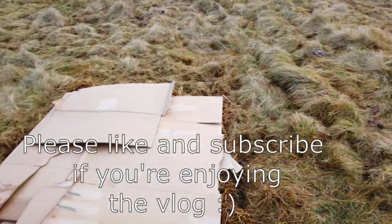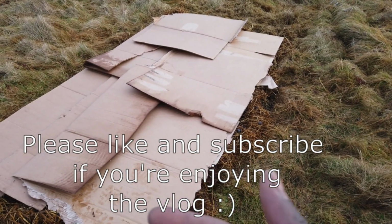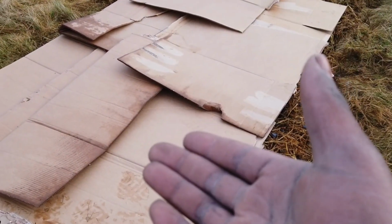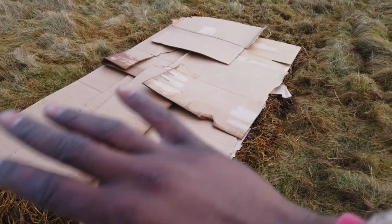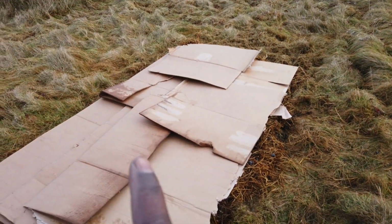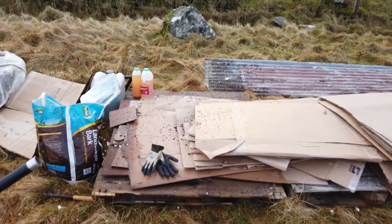So now you're thinking, what's next? What I do now is, obviously, if you've seen other sheet mulch videos before, they say water down your cardboard just to kind of lay it flat so it doesn't blow away in the wind. I'm grateful that it's not that windy today. But I'm not just using water. I'm going to be using this stuff, which is